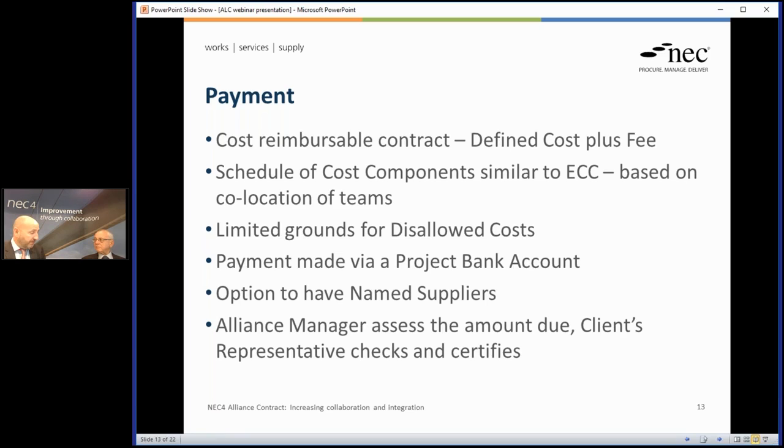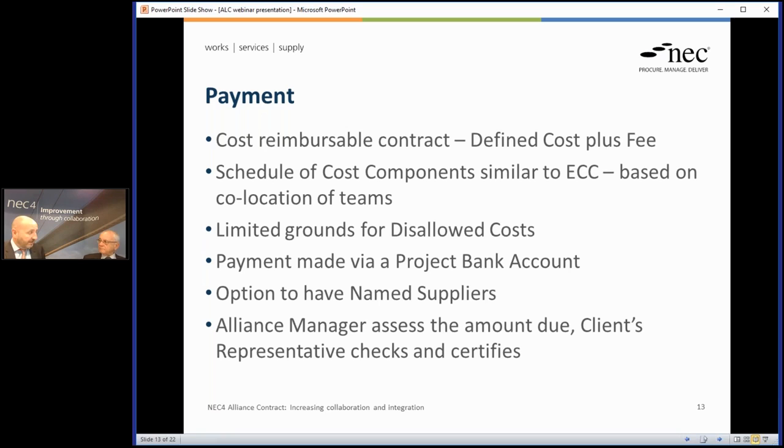So the alliance creates a project bank account. Payment, as you said, only comes from the client to the alliance or to the partners in the alliance. And then once it's received in the project bank, it's paid out to named suppliers, so subcontractors, sub-suppliers if they are named, and or out to the partners themselves. Okay, good. Okay, and it's for the alliance manager to assess the amount due, and the client's rep has a function to check it and maybe question it,